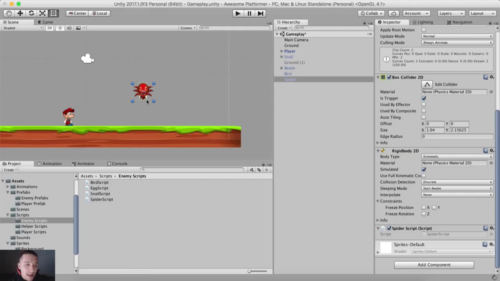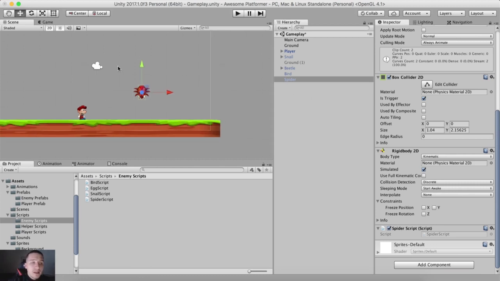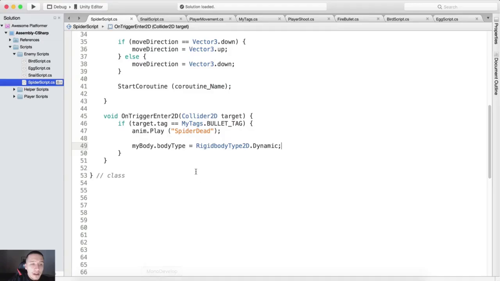For the moment being, the spider is just moving up and down between 2 points. But when we kill him, it's going to be like this. So let's imagine spider moves between here and here. So just like this, he goes up and down, up and down, up and down. When we kill him, he's going to fall down like this. That's why we are going to change the rigid body to dynamic so that the physics will be applied to